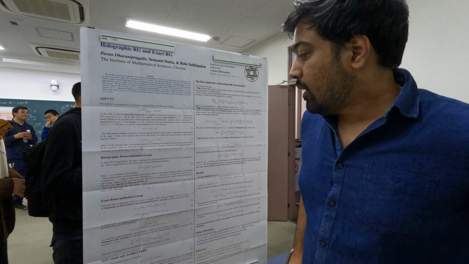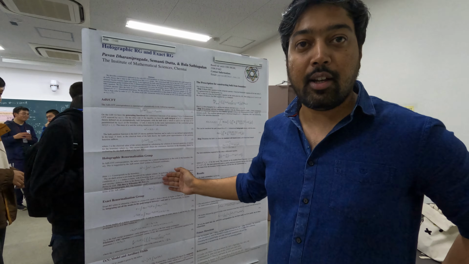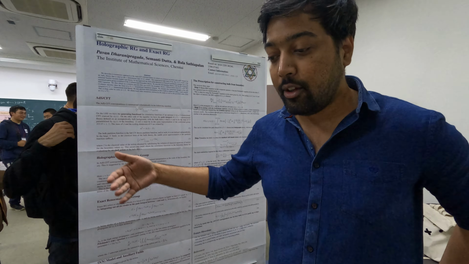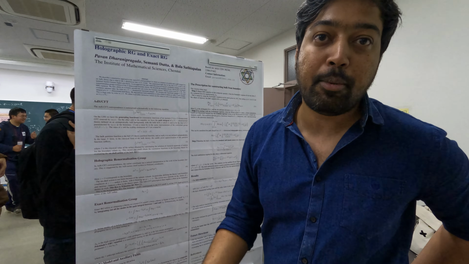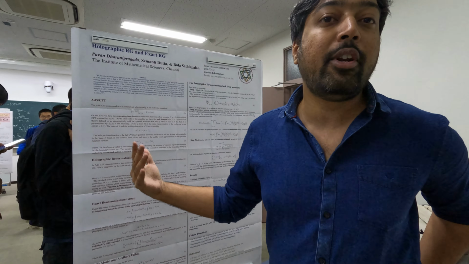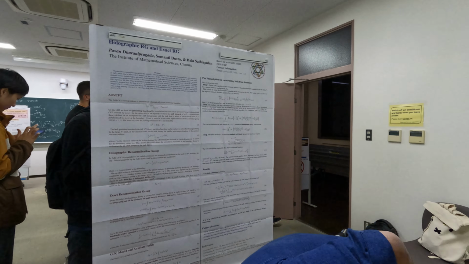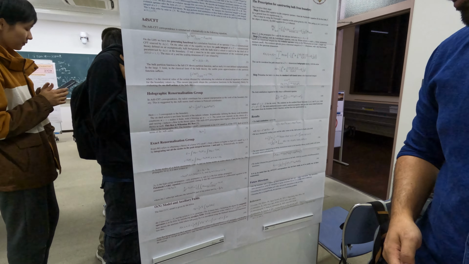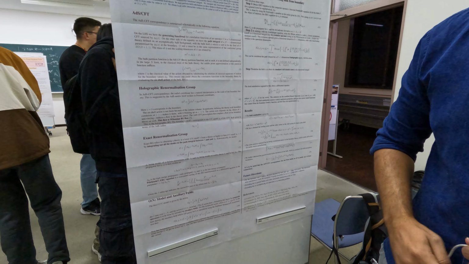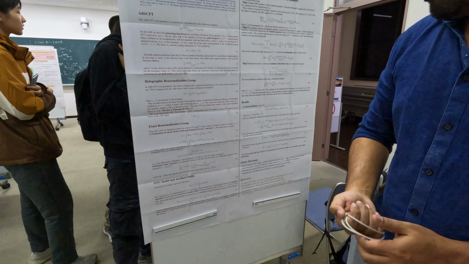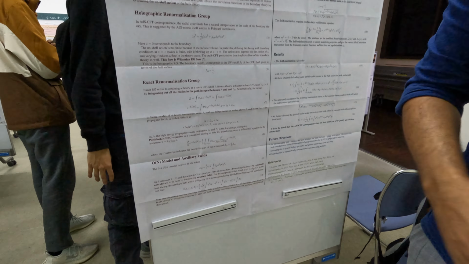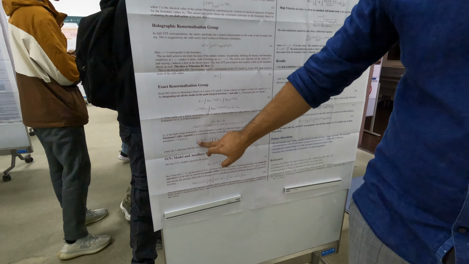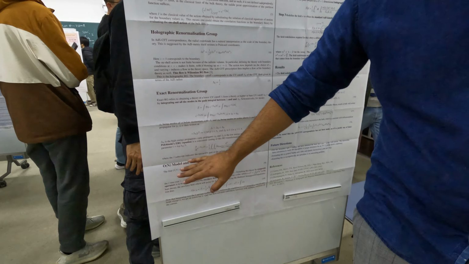Because the bulk radial direction is known to set the RG scale for the boundary theory. Your radial gravitational flow is supposed to correspond to the boundary theory's RG. So what we want to do is to invert this, get the bulk theory action in terms of the boundary theory's RG equation. So first we write down Polchinski's RG equation. So this is the boundary theory, completely from here on it's a boundary theory.